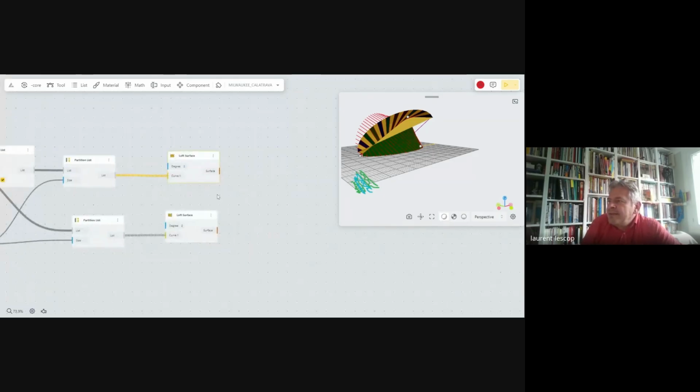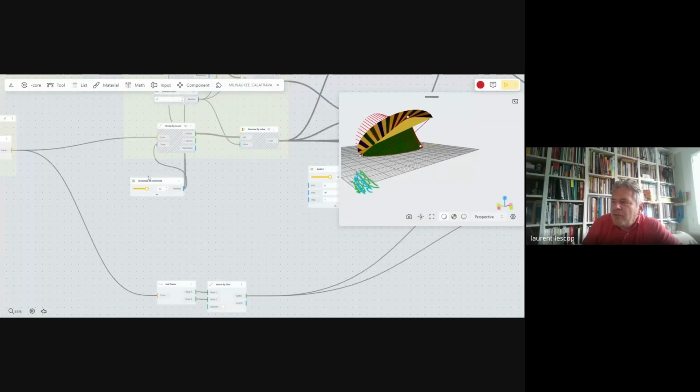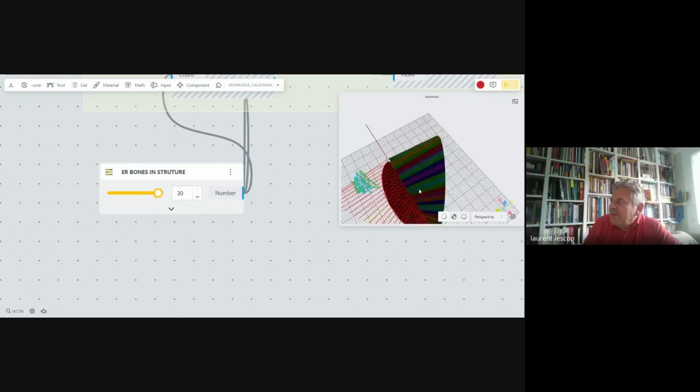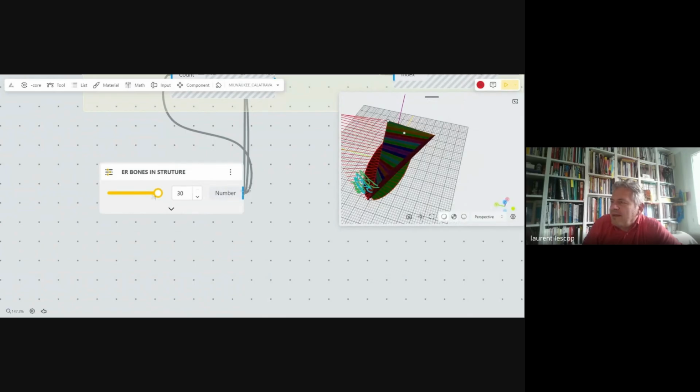So let's try to see if I can remove it, because this is nice. And if I increase the number of bones, it should follow, without breaking the structure. So it does work.